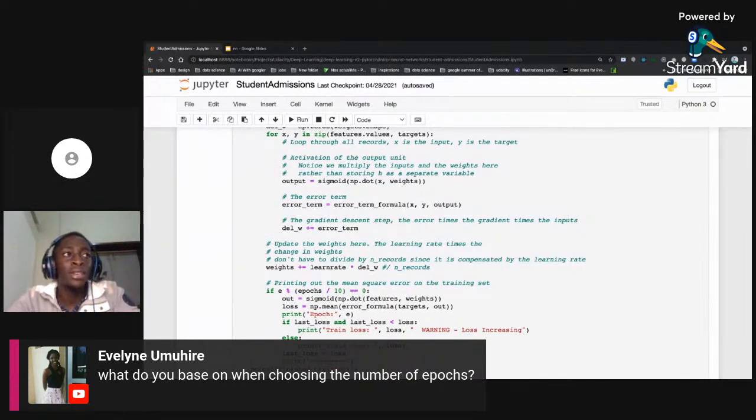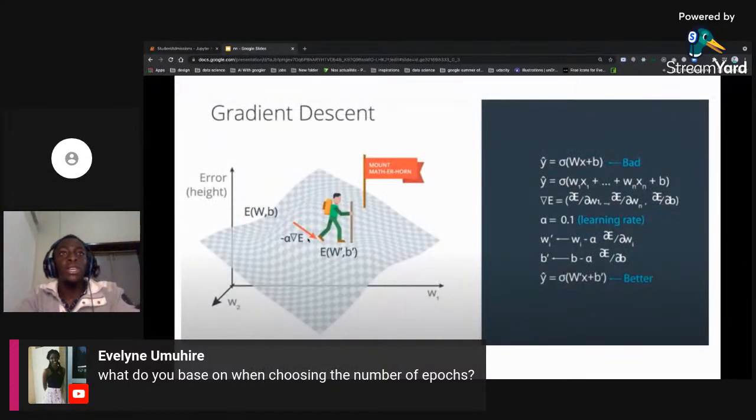Local minima means you have a local error, a small amount of error which is local. Let me try to explain it. As you can see here, we can try to decrease here and here, and if you start here, you can end up decreasing here, which is a big amount of error compared to here or here. Local minima is like you started here and decreased here, and if you try to increase, maybe